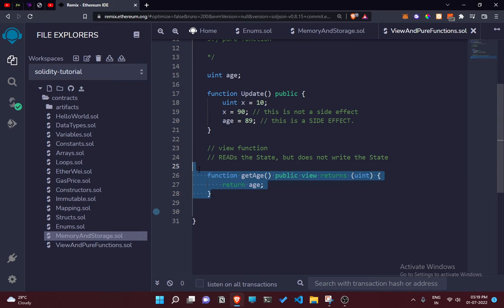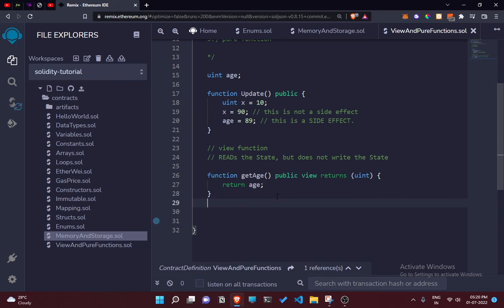So that's how you can essentially use view. Then what's the use of pure? As the name suggests, pure means pure, right? And view also, view means if you want to view something but we do not need to update that thing, that's an example of view. So let's try to link these words with your imagination power. So let's move ahead